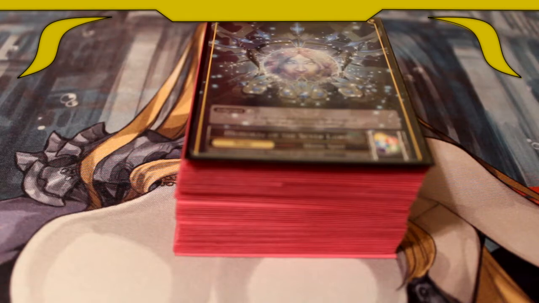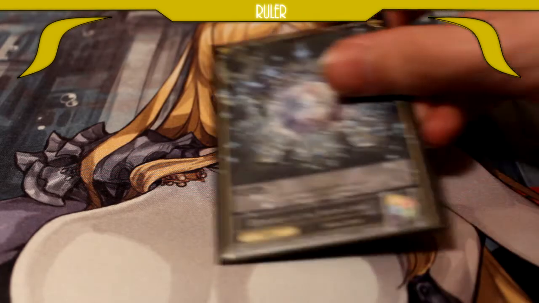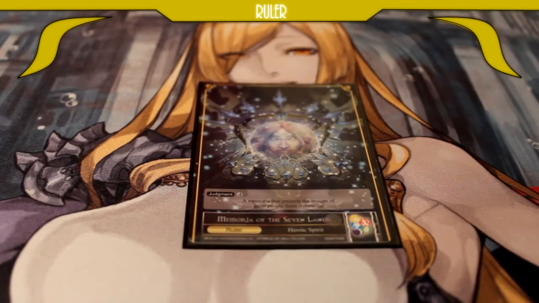This one you will still be able to win on turn 4, you will still be able to win on turn 5, all that good stuff. It was basically the exact same mechanics, just a few cards moved around and taken out for something different. So, that being said, our ruler is still Memoria of the 7 Lands